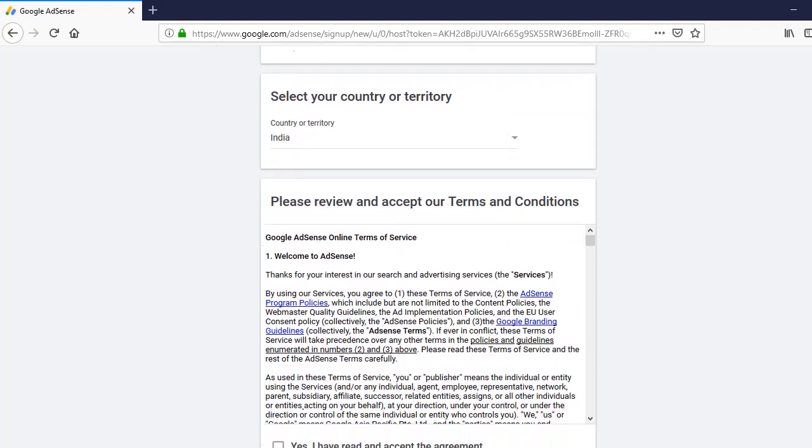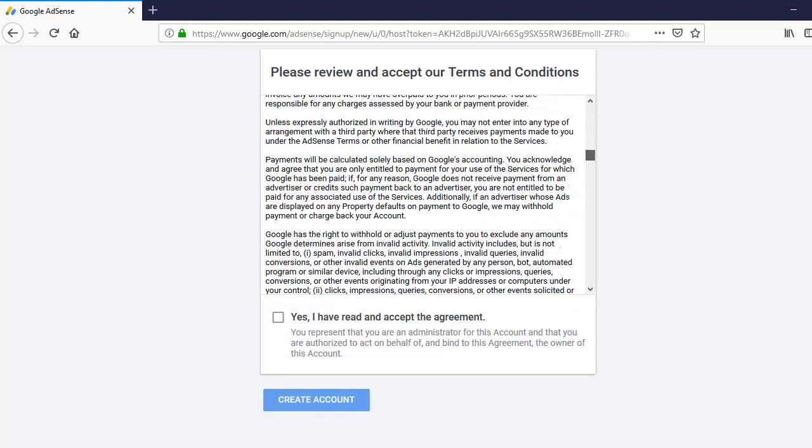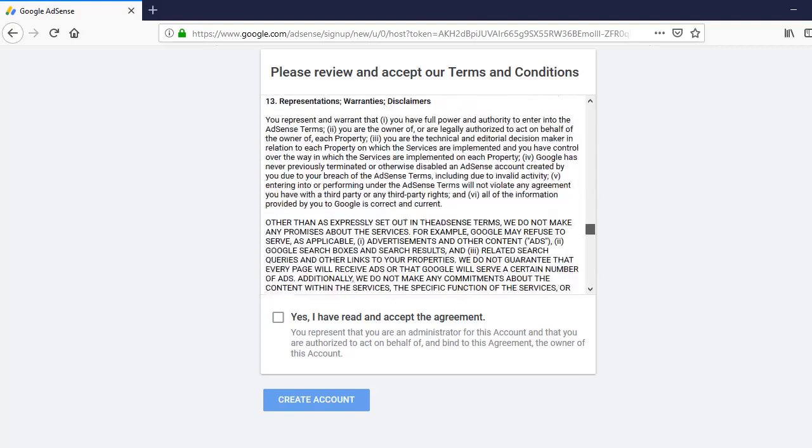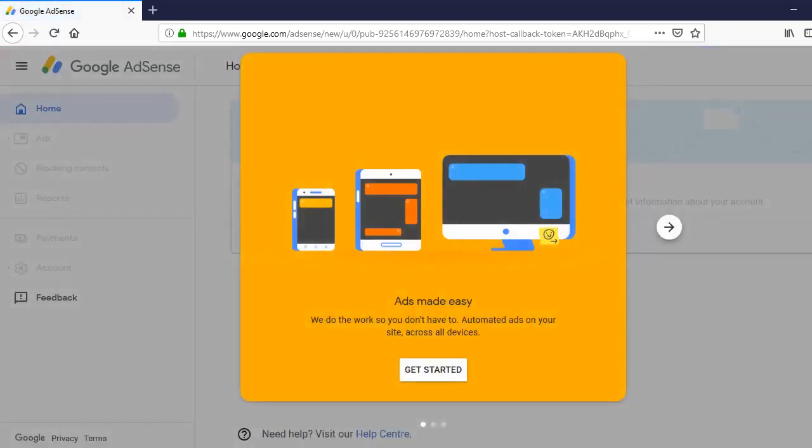Then please review and accept our terms and conditions. You have to go through these terms and services conditions. Then after going through them, you just tick yes, I have read and accept the agreement. Create account. So it will take you once again. Get started.